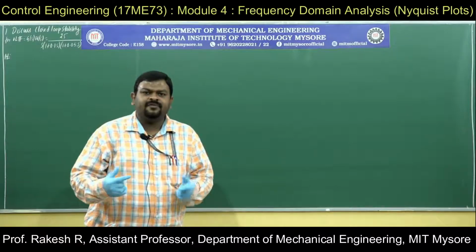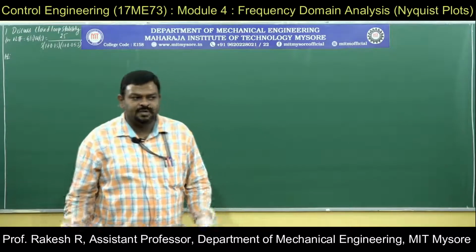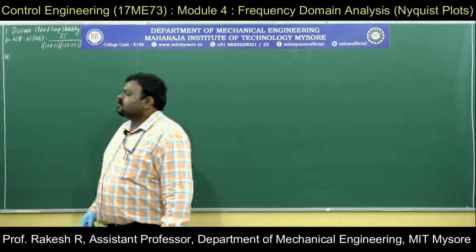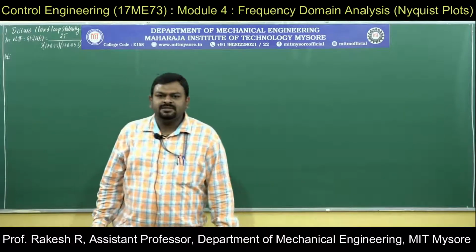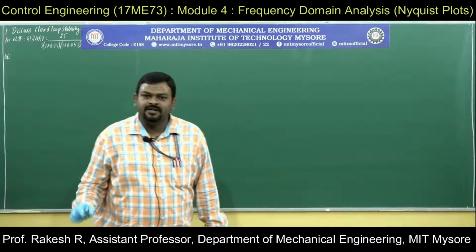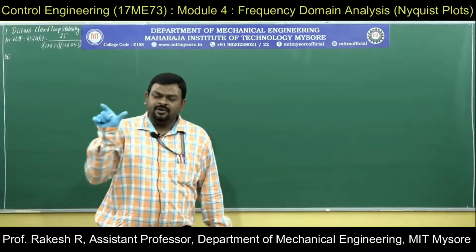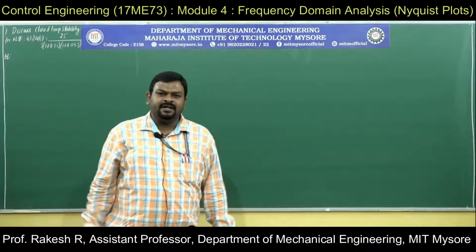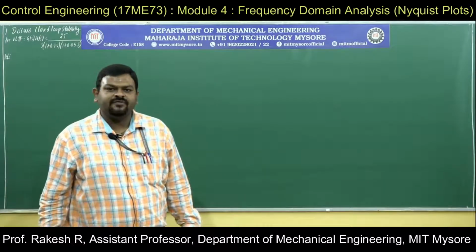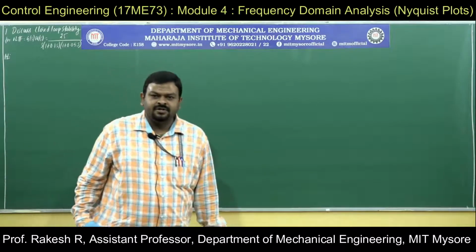If it is in other form like characteristic equation or closed loop transfer function, then we have to consider open loop transfer function. So already you know the condition 1 plus g of s h of s is equal to 0, g of s h of s is equal to minus 1. So minus 1 plus j0, this critical point we will be solving, hence we have to consider left hand part, it is g of s into h of s, that is open loop transfer function.